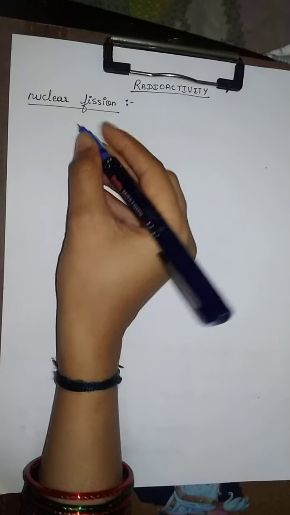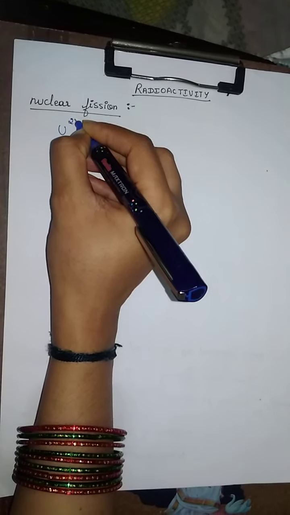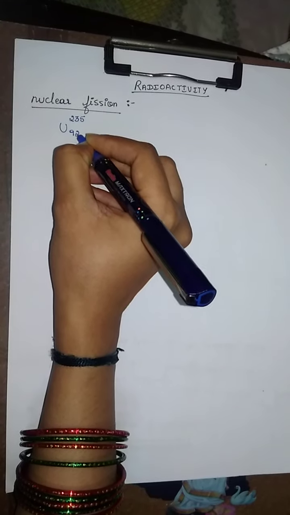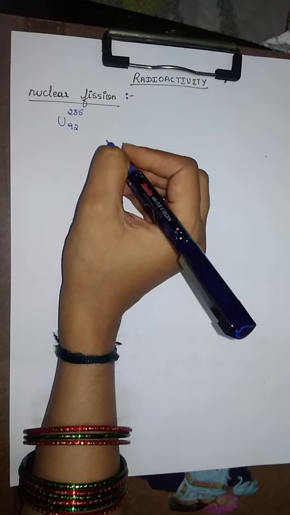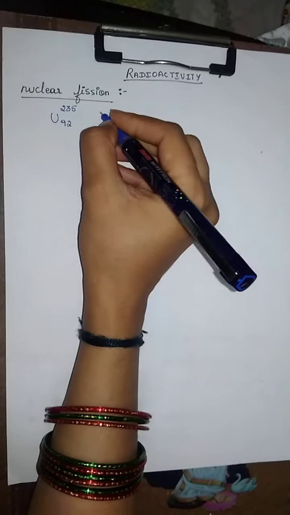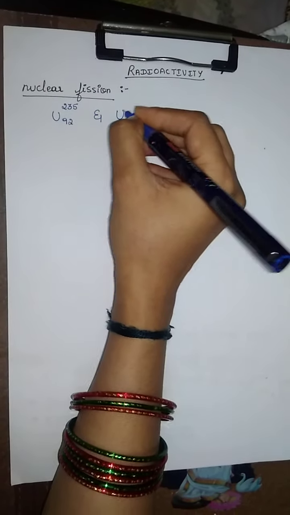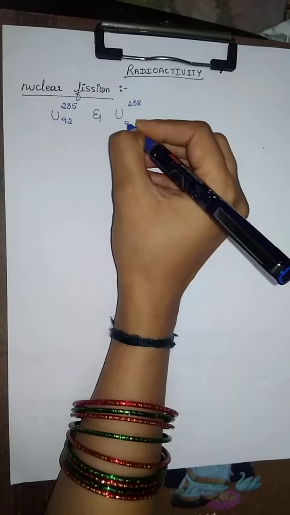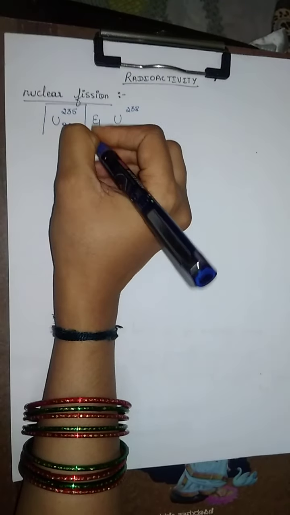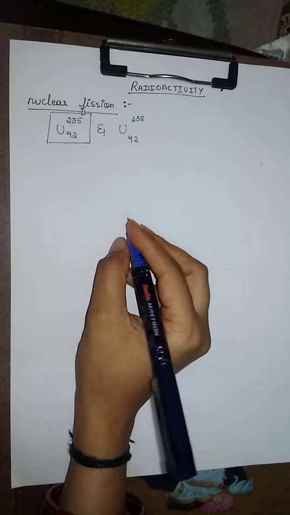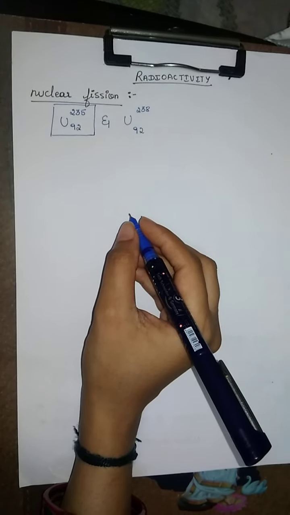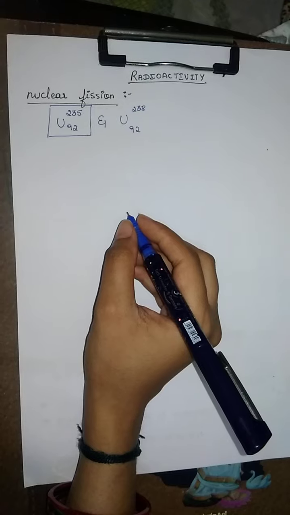Hello students. So you have already studied about nuclear fission, correct? I have one question before I start this video. In nuclear fission, you have already seen that we have taken the uranium-235 (92) isotope, correct? But there are two isotopes of uranium, one is uranium-235 and the other one is uranium-238 (92). Why did we conduct the nuclear fission using uranium-235?